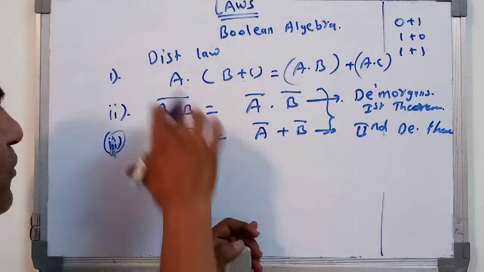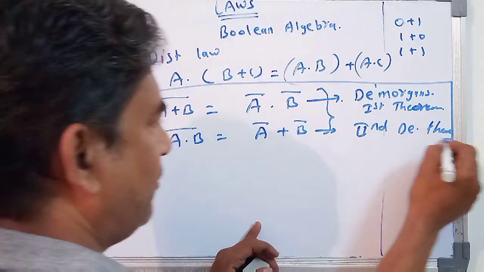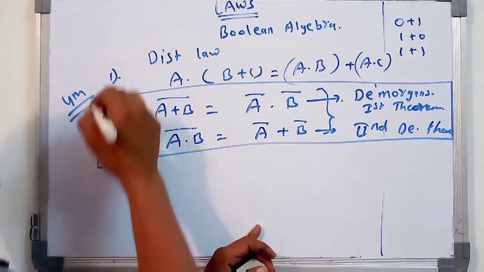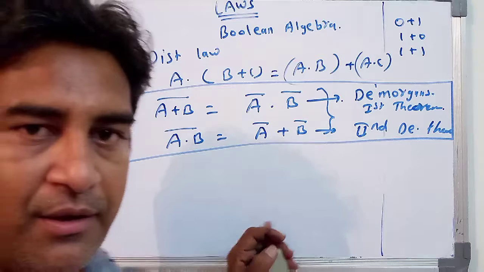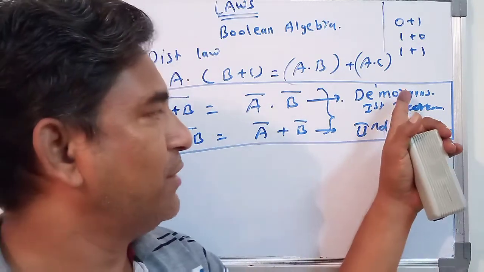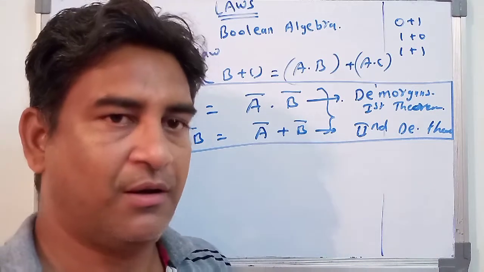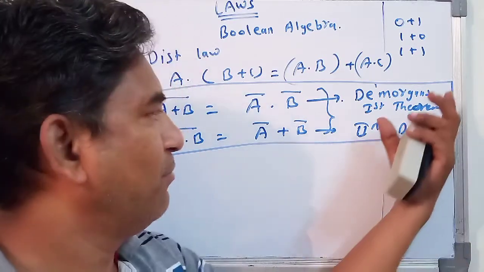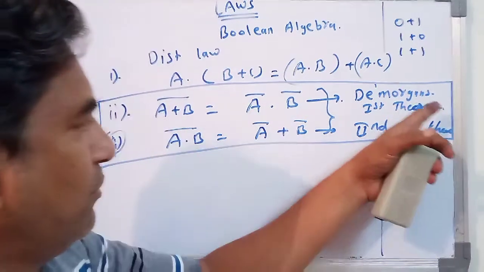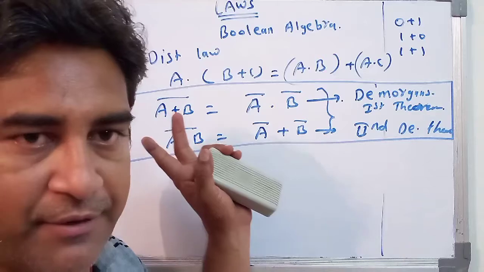So by using this particular De Morgan's theorem, in your examination there is a 4-mark question. In some examinations, in some papers, it is asked only to prove the first theorem or the second theorem, or maybe sometimes they ask for both theorems. According to this, the marks distribution is allocated.